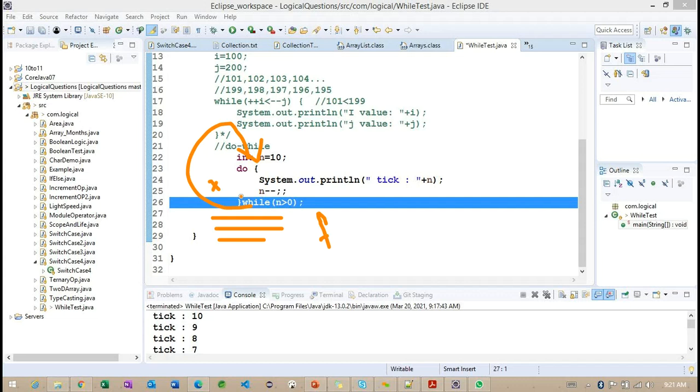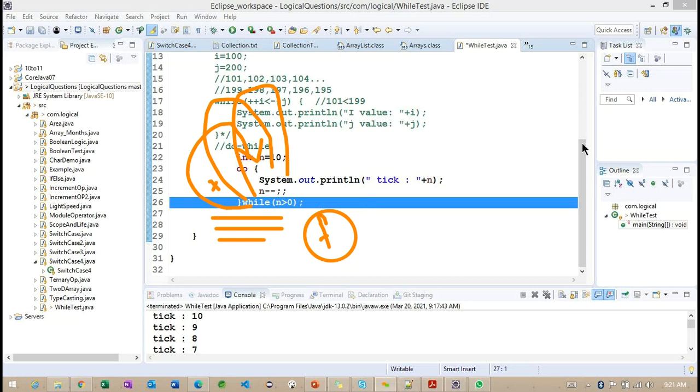In the true condition, it will keep on executing one more time until this condition becomes false. Getting the point? So this is the way these statements are going to execute here.